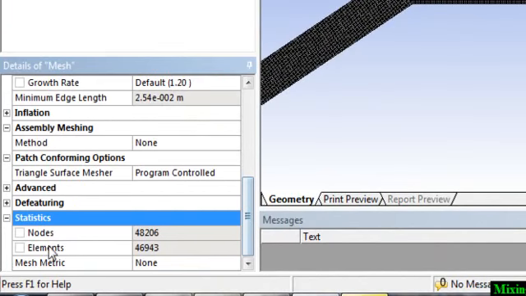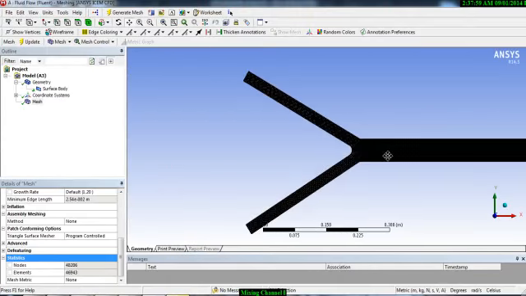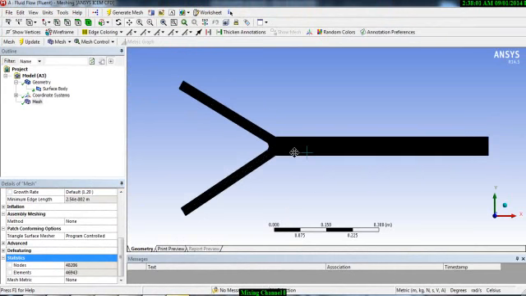Right now if you want to check how much you have, here you have almost 48,000 nodes and 46,000 elements. So it's quite reasonable, but if you want to resolve very detailed features, you can reduce the mesh size much smaller. So we will stick with this number, and one more thing we need to do right now, that is we need to define the